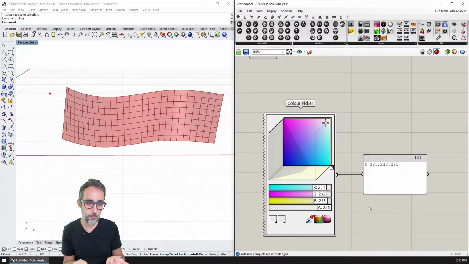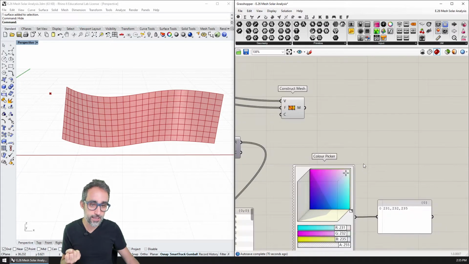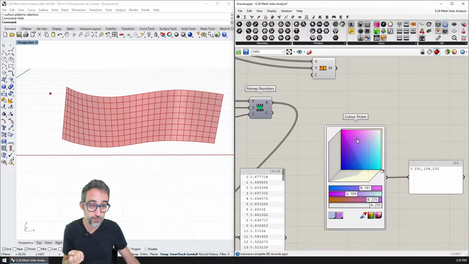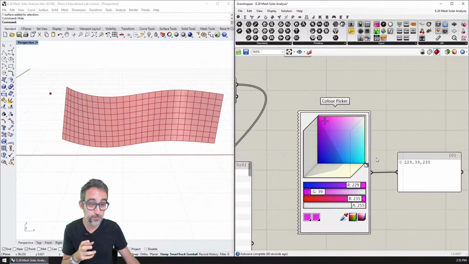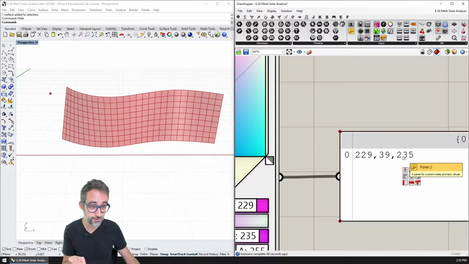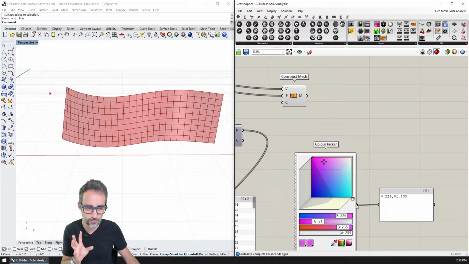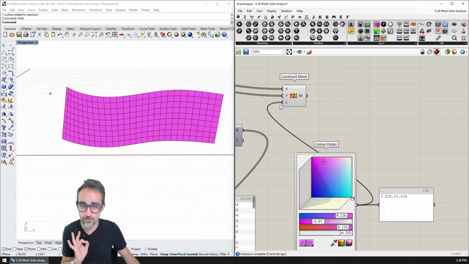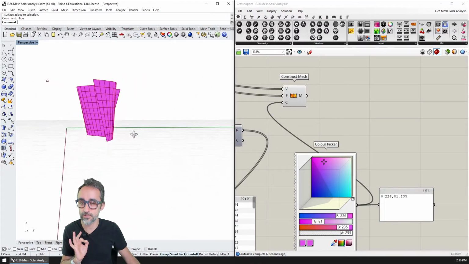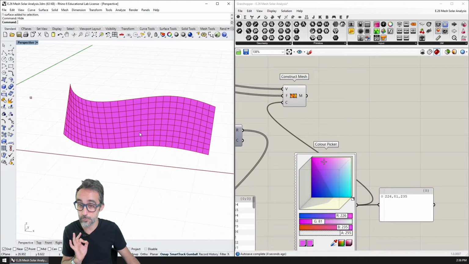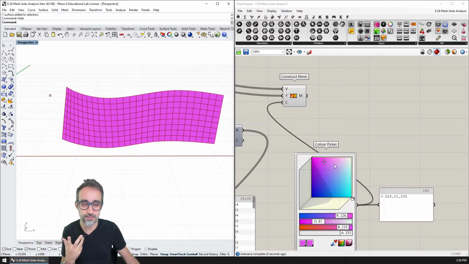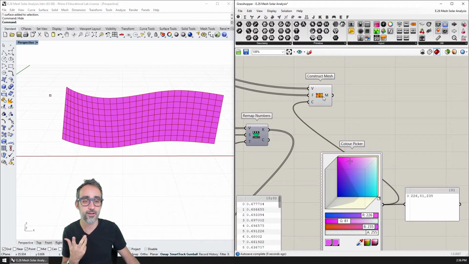And then just creating those three numbers somehow. For example, if I wanted to make the mesh pink, I could set this color, which corresponds to a really bright pink or magenta, and use that as the color to color the full mesh. And you can see that the mesh is now pink. This is not a shading effect. This is due to the fact that I have assigned the same color to all the vertices in the mesh.